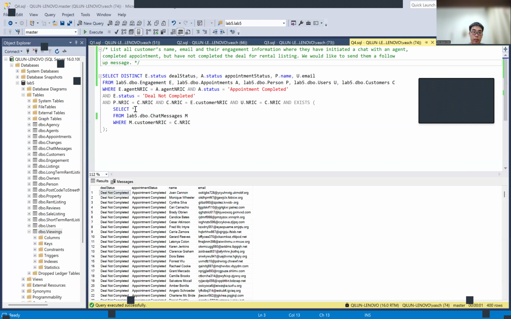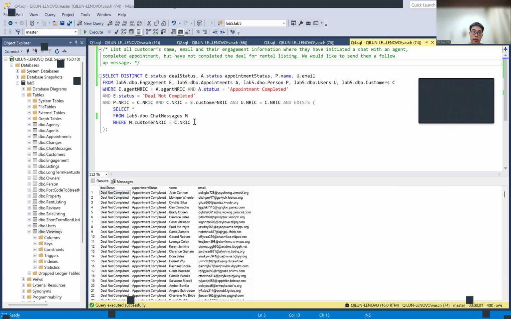And then we equate the persons to the NRIC, and then the customer NRIC in the engagement table must match the one in the customers table. And then we ensure that they always have some chat messages that has been initiated.